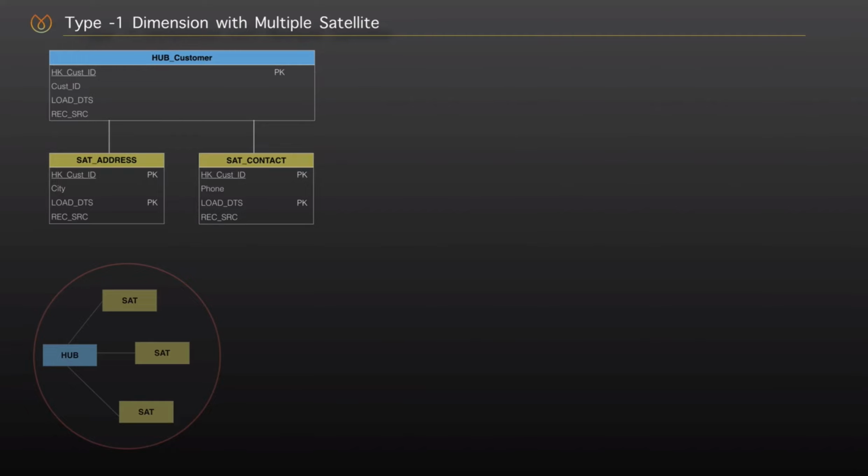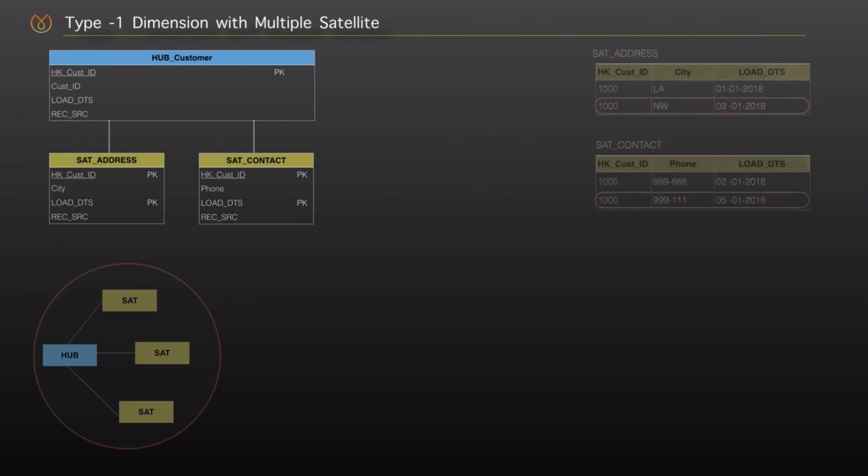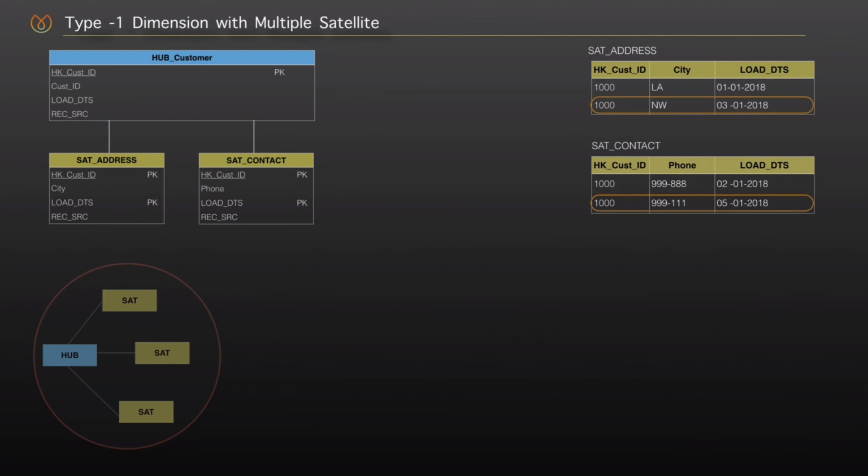Okay, in an earlier session we discussed creation of a dimension table based on a hub and single satellite. But what happens if we have multiple satellites that include different attributes with different load date information? Look at the example. Now we have one additional satellite table that includes address information of Jim Black. If we look at the details of the table, it shows that Jim was living in Los Angeles and he moved